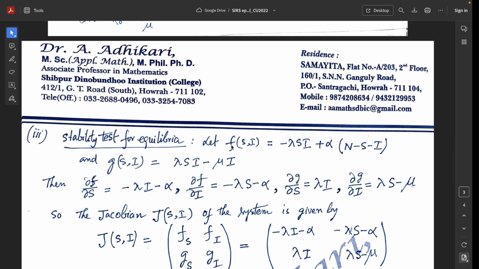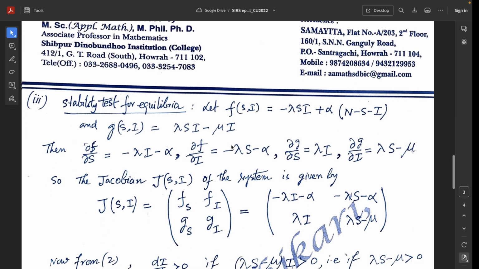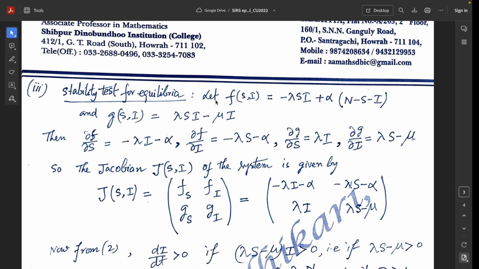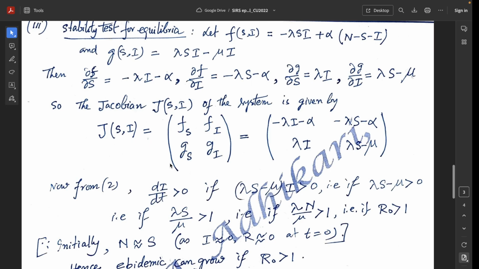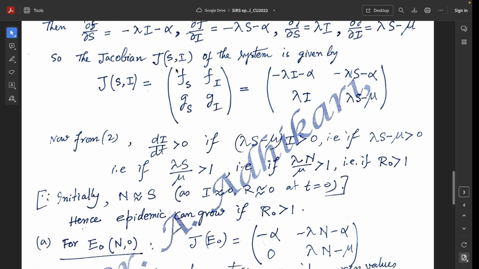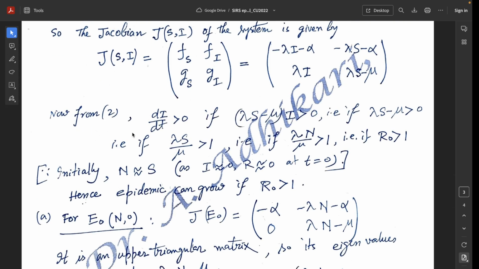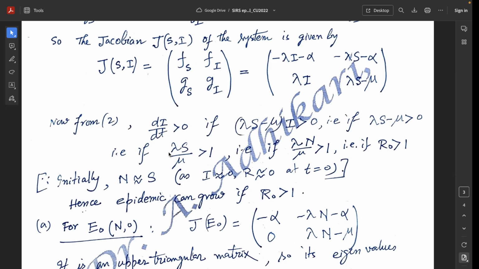Now for the stability test for this equilibrium, let f be a function of S, I equal to minus lambda S I plus alpha (n minus S minus I), and g(S, I) equals lambda S I minus mu I. So we take del f del S, del f del I, del g del S, del g del I, and we get the Jacobian for the system. We get this. Now from equation 2, dI/dt is positive if